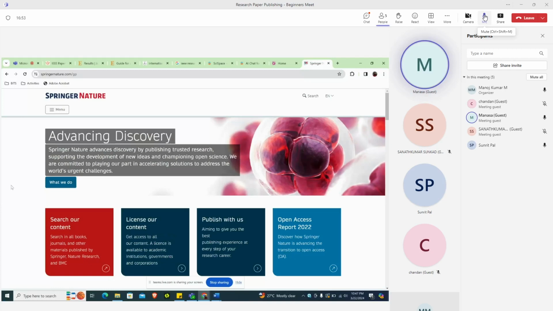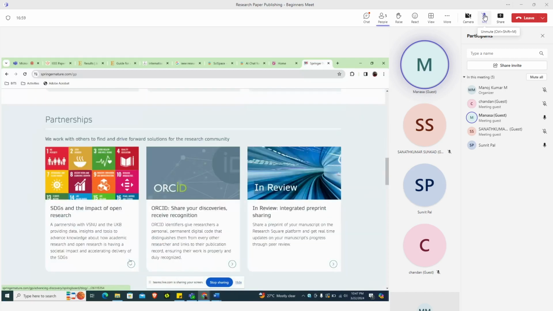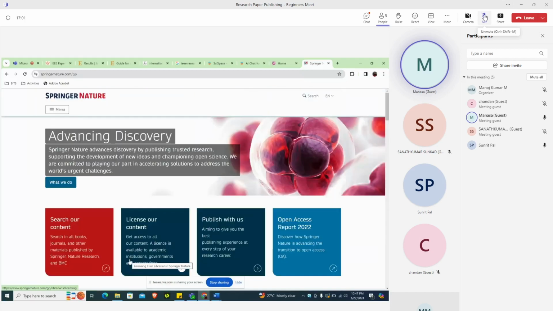In Springer also there are many journals that we can find which are low cost and also give acceptance in quite a good time. So this way, we can just look for journals and publish. So yeah, that's all I had. If you have any questions, you can ask.